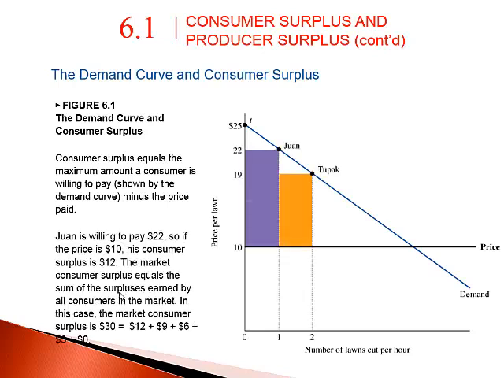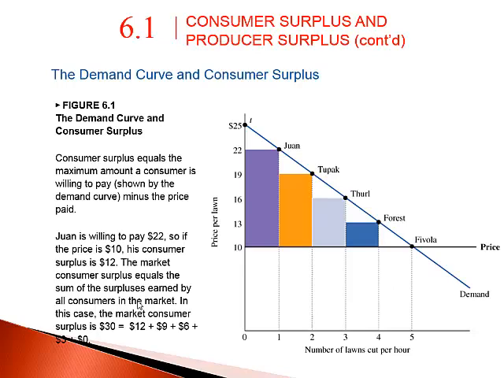So let's look at the demand curve because we're talking about the consumer, remember. And these are a few individuals, and you can find this figure in your book at 6.1. Feel free to go there and look at it. What we're looking at right now is people that are willing to pay for their lawn to be cut, per hour. So how much they're willing to pay for someone to cut their lawn. Juan here is willing to pay $22 per hour, and I'm going to initiate my whiteboard